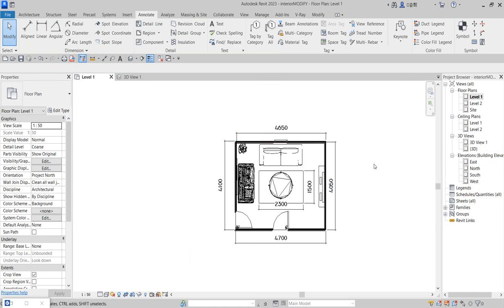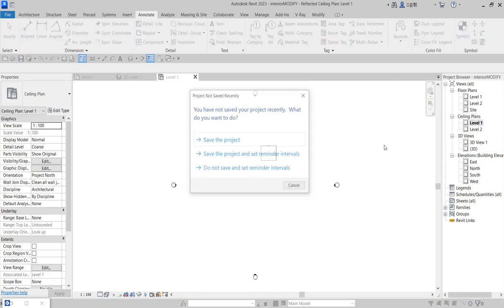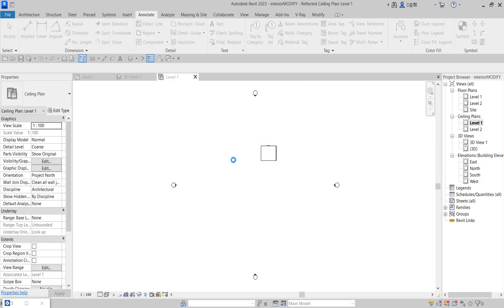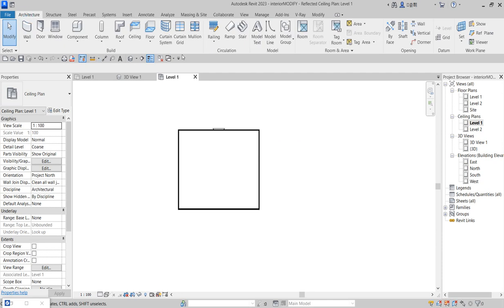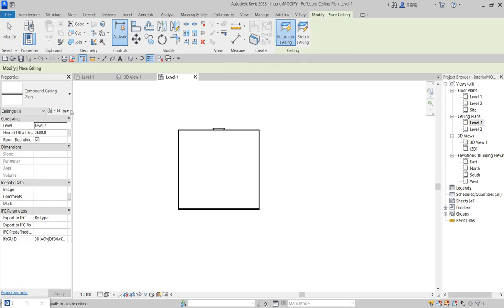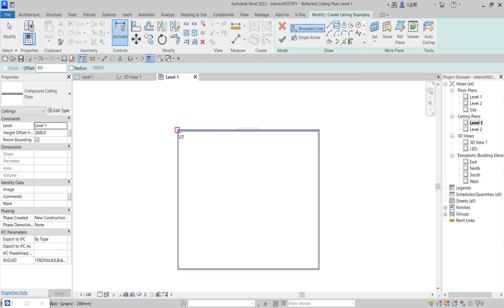So practicing Revit as a basic tool for interior design is very important. After you are done with this, you can come here and create your ceiling. I'm going to choose save. So you can come here at this point and say architecture, and you come and create ceiling. The function of the ceiling will definitely help you later, and what I mean by later is that by the time you are putting in your lighting,